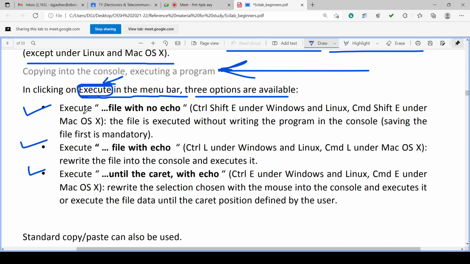Execute file with no echo, execute file with echo, execute until the caret with echo. Three options are there.